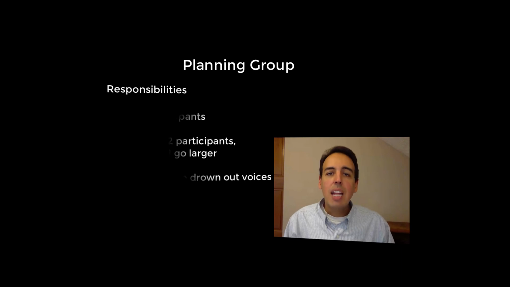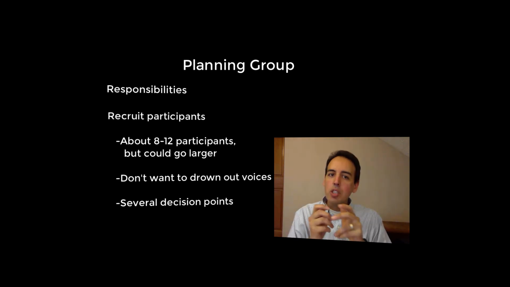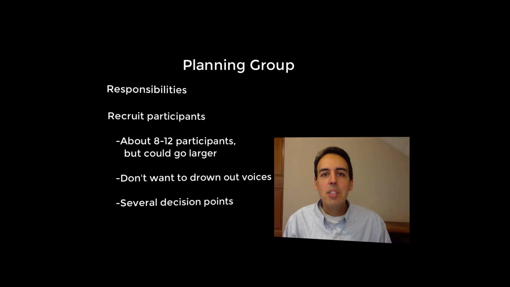A fifth key element involves recruitment. Typically, circles have about 8 to 12 participants. If circles are overly small, discussion is really choppy and the wide range of views doesn't get explored. If it gets overly large, some voices likely will be drowned out. In our situation, we had a couple of groups of more than 12. In those cases, it's best to have co-facilitators who can be responsive and engage people who might be quieter.